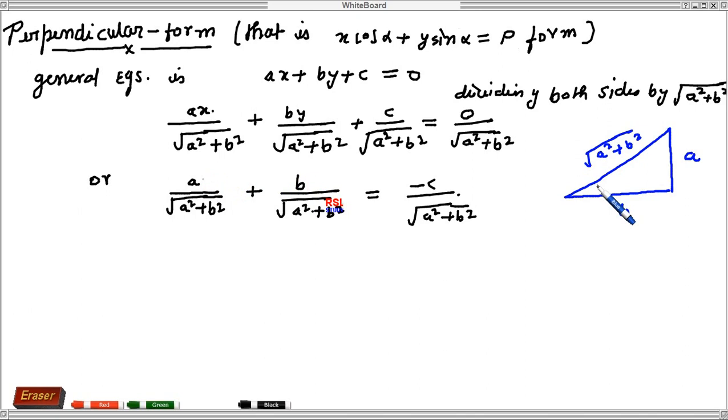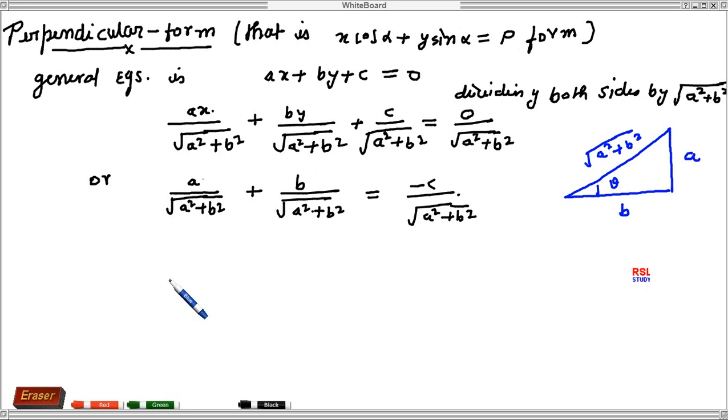Here should be x and here should be y, and when this is shifted it will be 0, and when this is shifted in this direction, then the sign changes, meaning minus will come. So we see that in a right angle triangle, this is a, this is b, so the hypotenuse must be under root a square plus b square through the Pythagoras theorem. If this is theta, then that is the height and this is the base, and so the hypotenuse will be under root a square plus b square using the Pythagoras theorem.